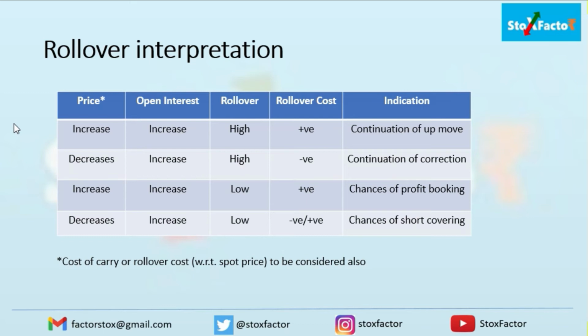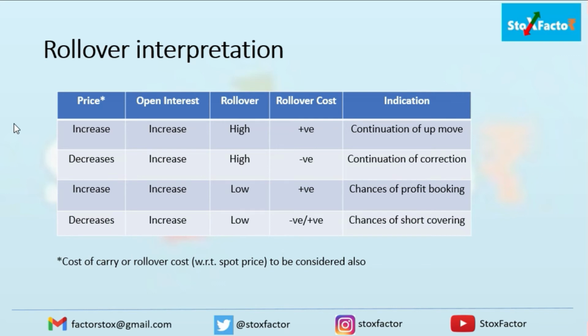Also, you pay attention to the open interest, not only to the percentage but also to the total open interest number. Generally what happens is maybe in the previous months the rollover percentage was high, but the total open interest number was low. In the current month the open interest has been very high, so as compared to that the percentage will decrease. That's a simple mathematical calculation. So just looking at the rollover percentage, you cannot identify the exact trend or movement. You have to see it with the number of cumulative open interest contracts also, so then you can make a correct view.